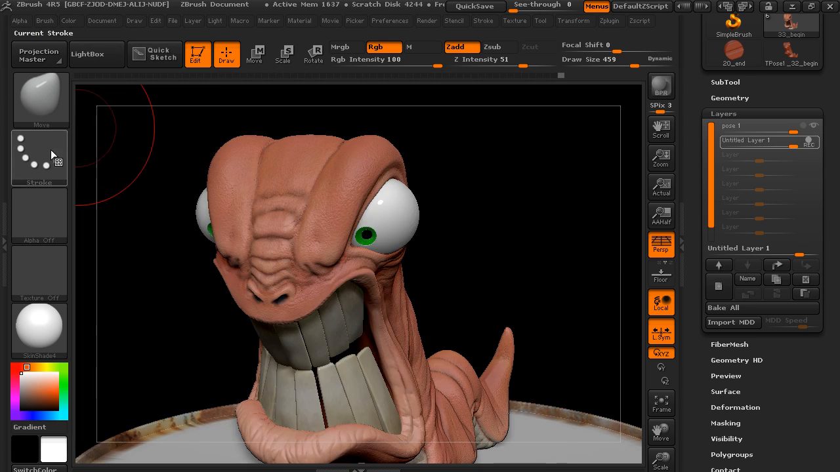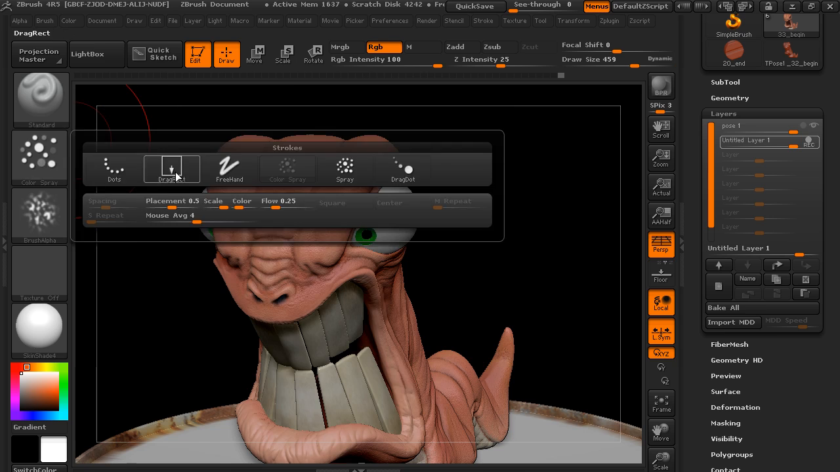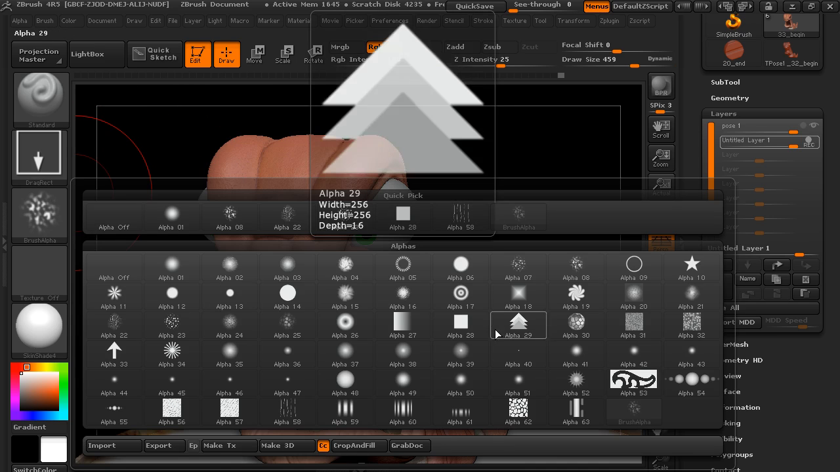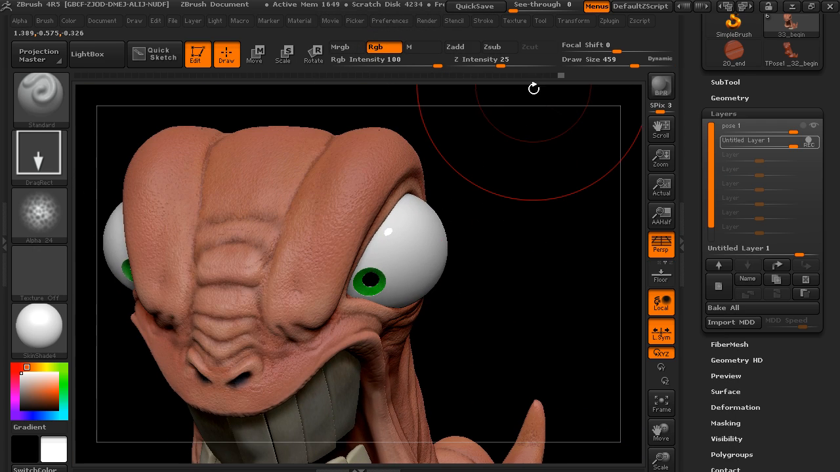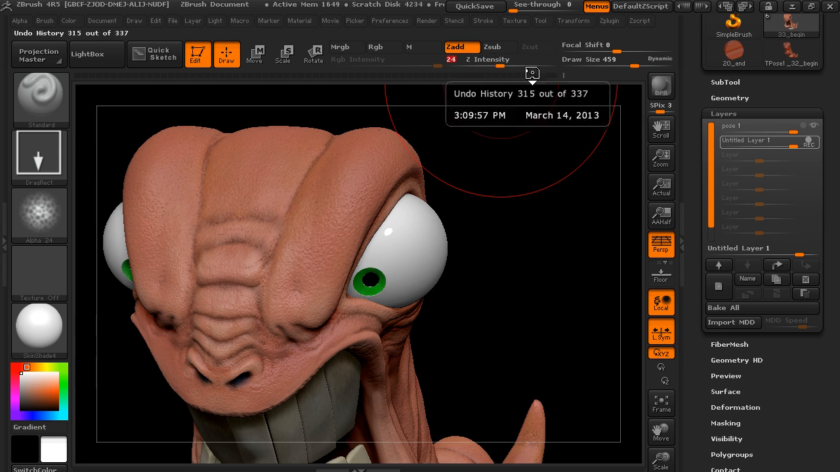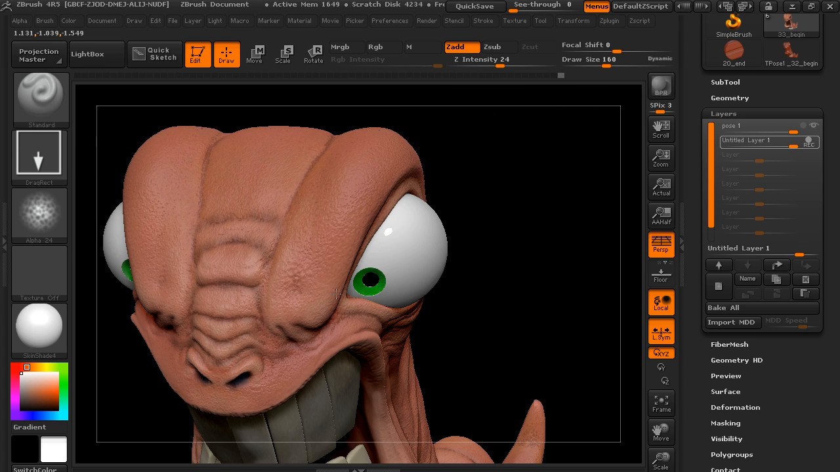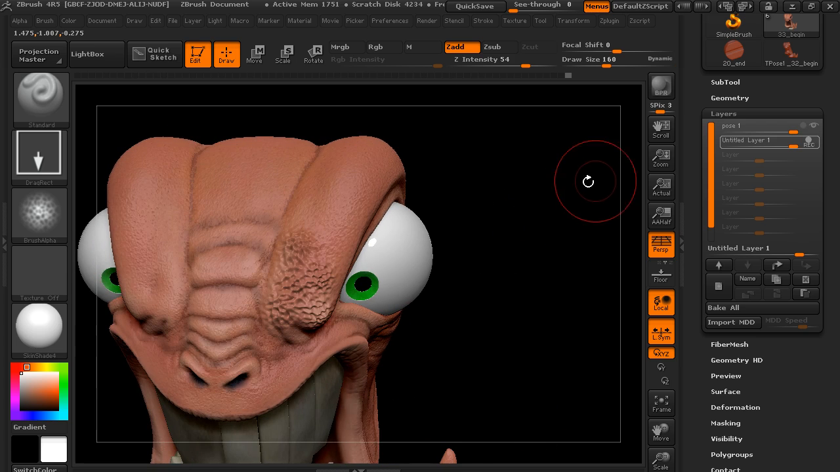So let's say that we want to come in here with our standard brush, drag rectangle, and let's get this alpha 24, and we'll use Z add, kind of a smaller draw size, and yeah, Z add I think will work. We'll turn up the intensity a little bit so we can see it. And so let's say we want to add some detail like this, and we want to kind of experiment. Well, once we get it in there, say, you know,